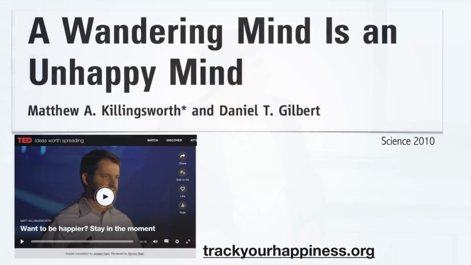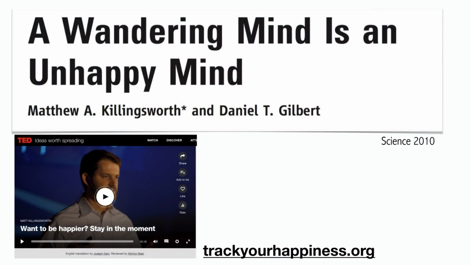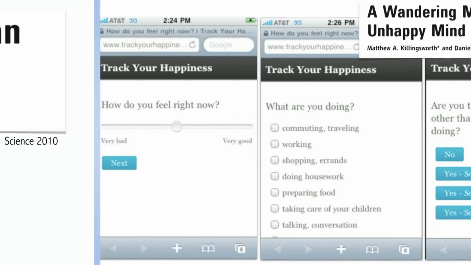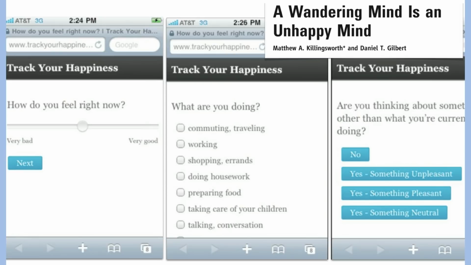So to do that, and this was published in Science, there's a beautiful TED Talk, by the way, that you should check out by Matthew. And this is how they tested it, by giving volunteers an app which pops up on their phone about 3 to 7 times, I think, during a day. And it has 3 screens, basically. The first says how happy you are, or how sad, and you can say from very sad to very happy. And it'll ask you, what are you doing? So you could say commuting, washing dishes, whatever, you can check a box.